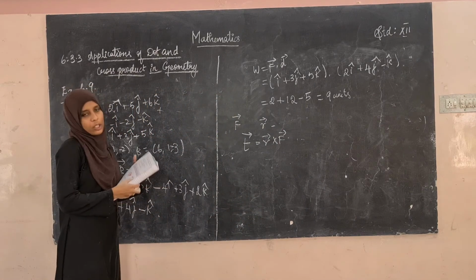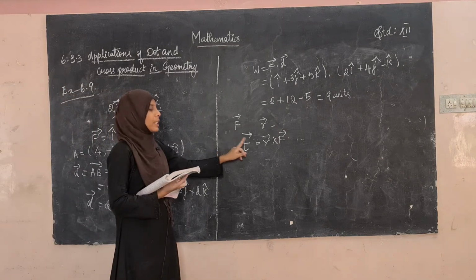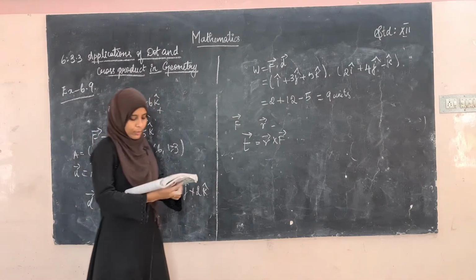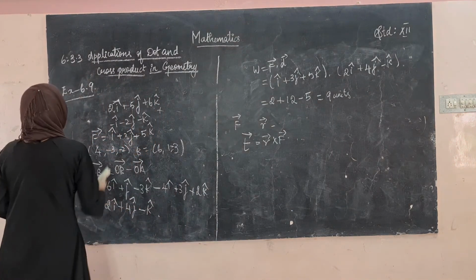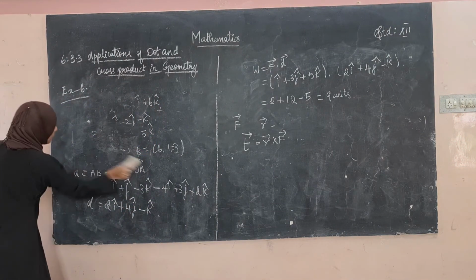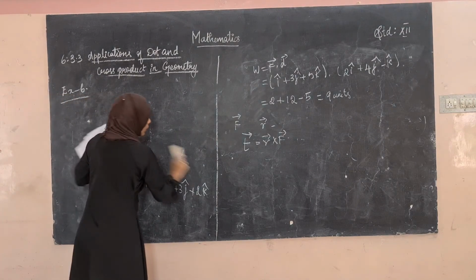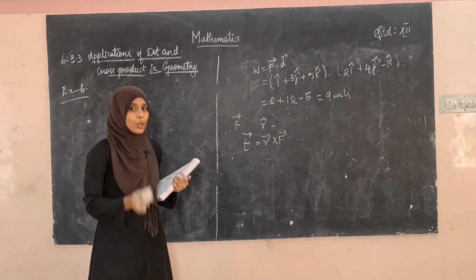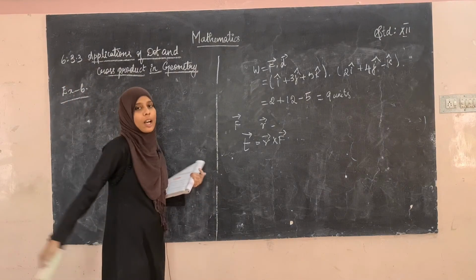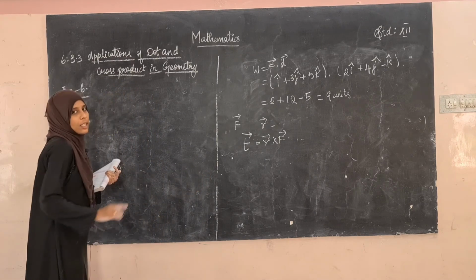So torque is also called rotational force. T vector is equal to R vector cross F vector. So see the example 6.11. If you see the sum, you will understand this clearly. So for the work done formula, it is W equal to F vector dot D vector. For the torque formula, it is R vector cross F vector. You should be very clear with that. Okay, you should not change the products.